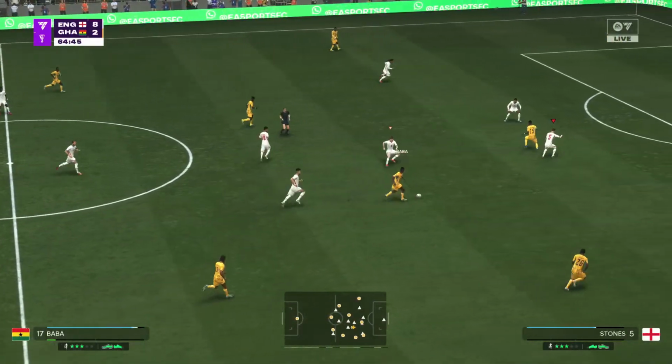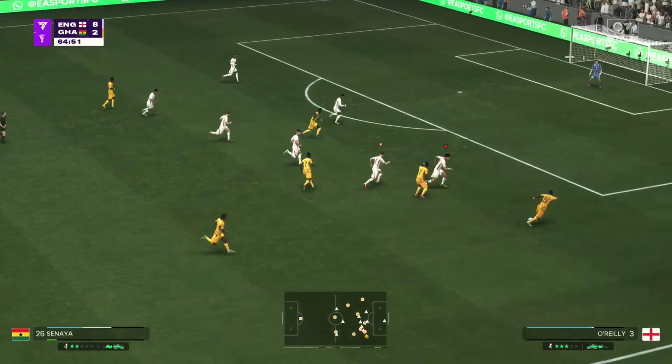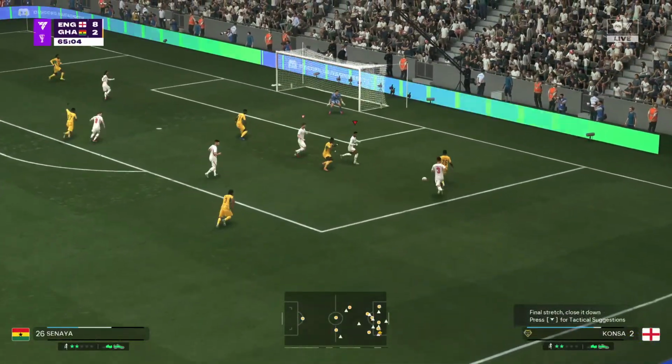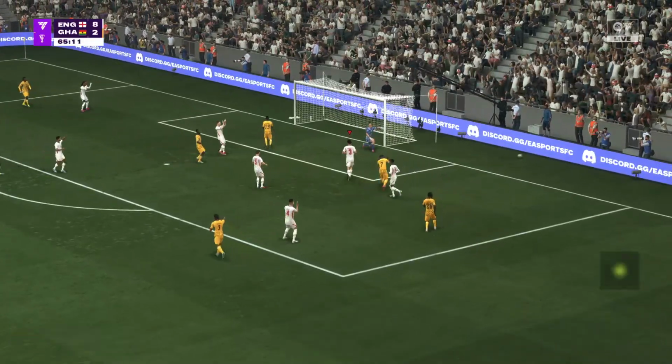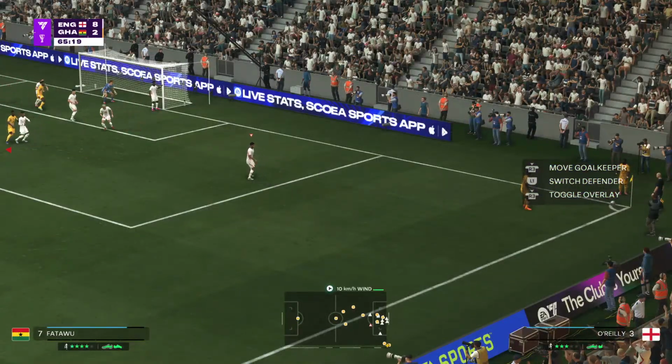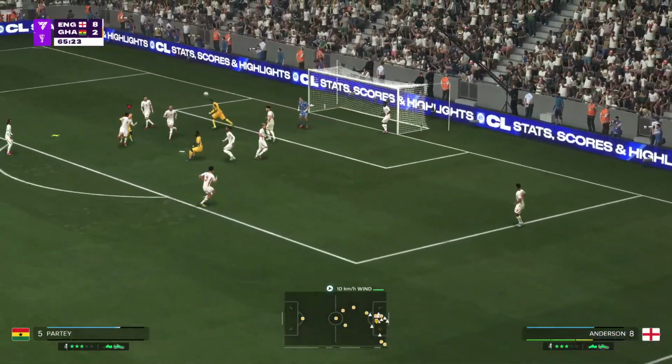Abdul Rahman Baba. Oh, he looks threatening. When it looked as though he was going to make it a brace. Yeah, you can see he's got some energy about him, finding himself in good positions consistently.